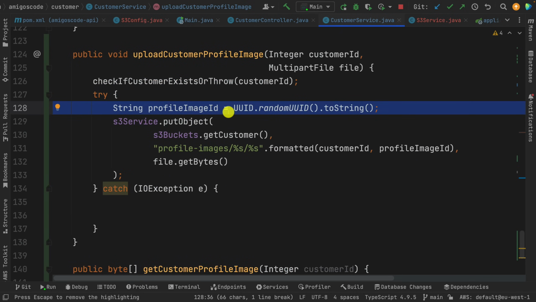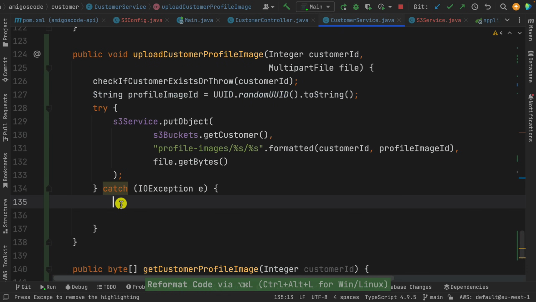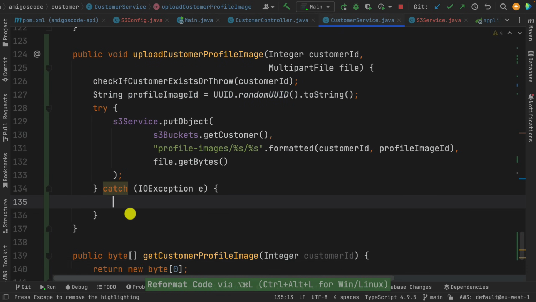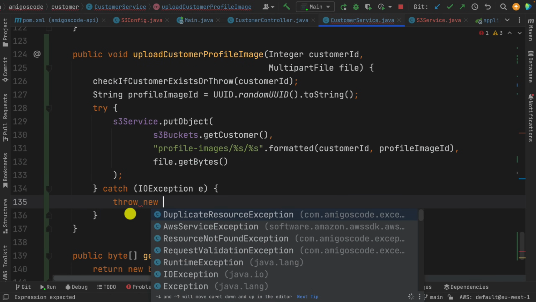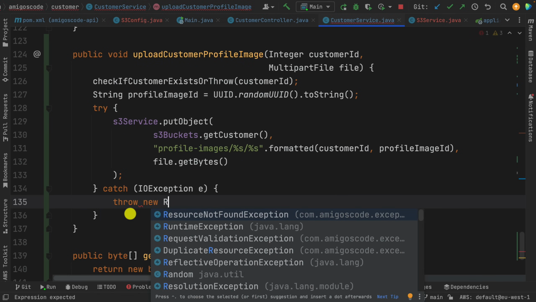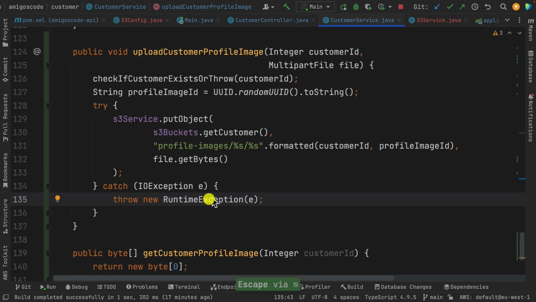And let's take this and put it outside like so. Cool. So if it fails, then we want to throw. So throw new, and then let's just say RuntimeException. At this point, I'm not worried too much about exceptions, but if you want to organize these exceptions and